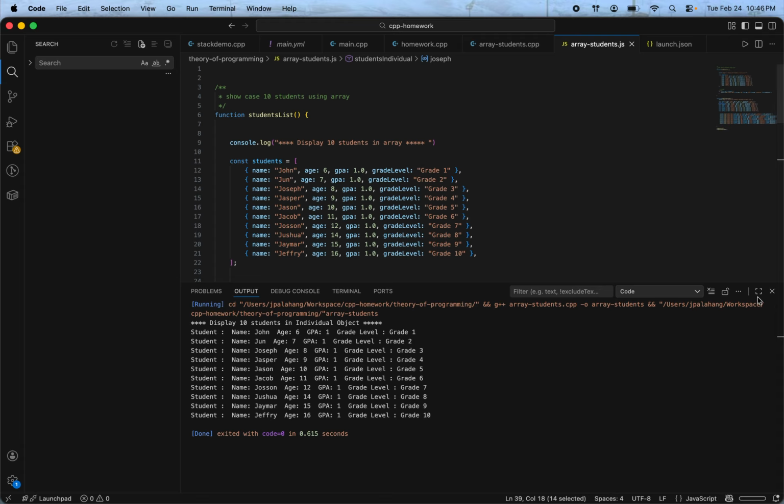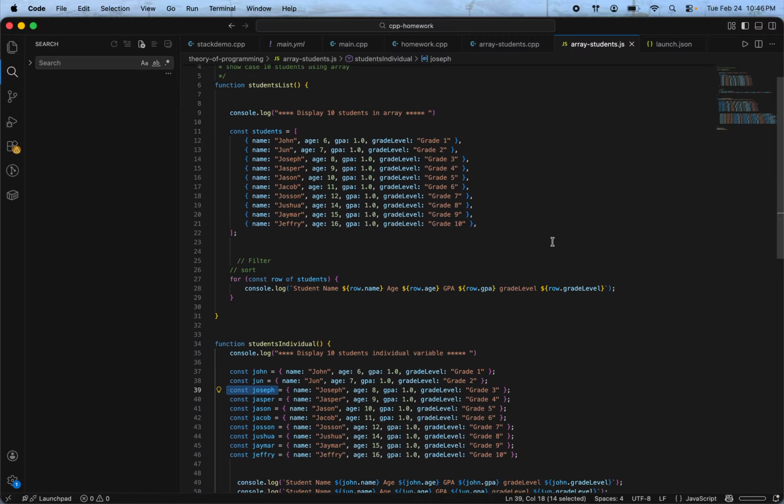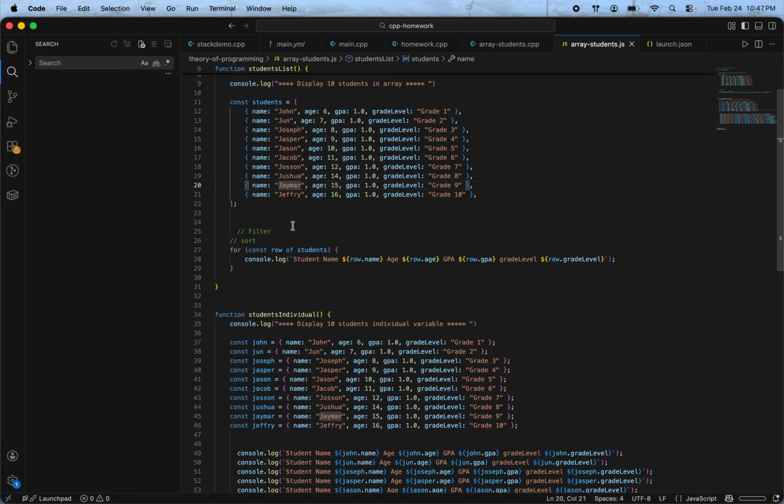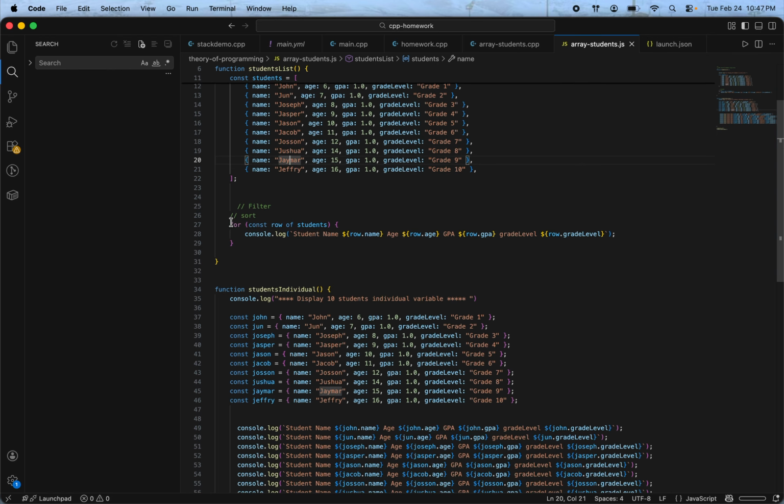So I have created here to showcase the functionalities. I have created a function which is a student list that holds students with the name, age, GPA, and grade level. So as you can see here, I have 10 students. I have John, June, Joseph, Jasper, Jason, Jacob, Johnson, Joshua, Jamar, and Jeffrey. And as you can see here, I'm printing them out using the console log with the name, age, the GPA,